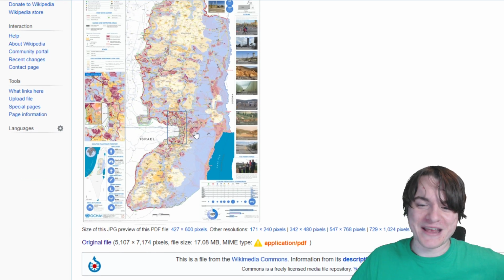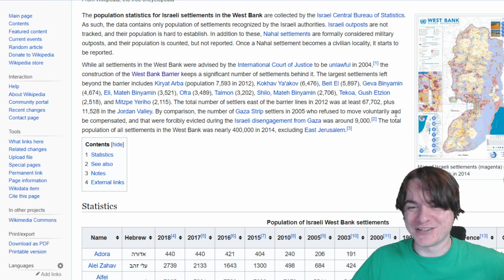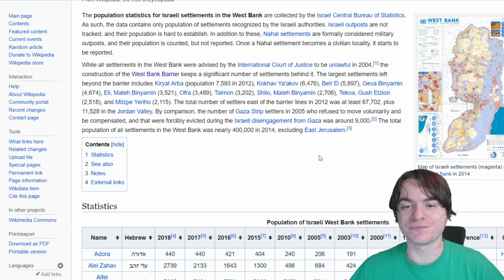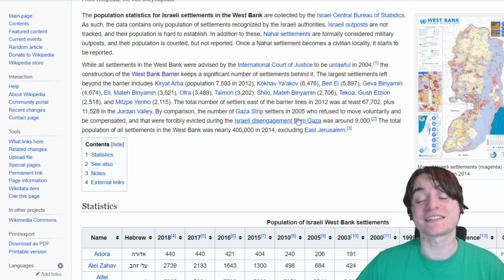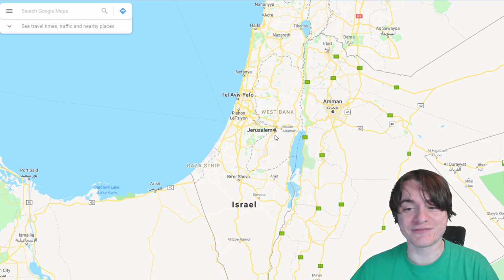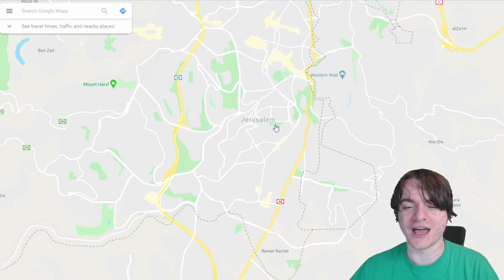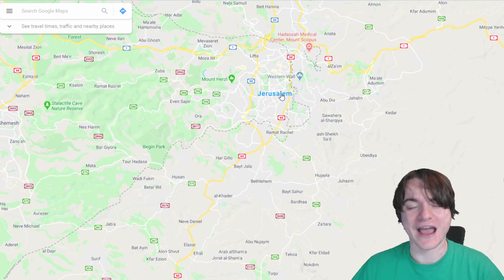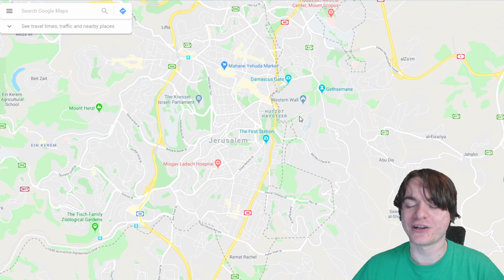By the way, it's such a mess if you want to look at it on a map. That's why I showed you the Wikipedia link. I think I've done you a favor. But the fact that there is 400,000 people living in the West Bank, and that's excluding the east part of Jerusalem, because, hey, did you know that actually the city that Israel calls their capital, Jerusalem, a lot of the world doesn't agree with that, but the capital of Israel, asterisk, Jerusalem, if you look at it, it's like, oh